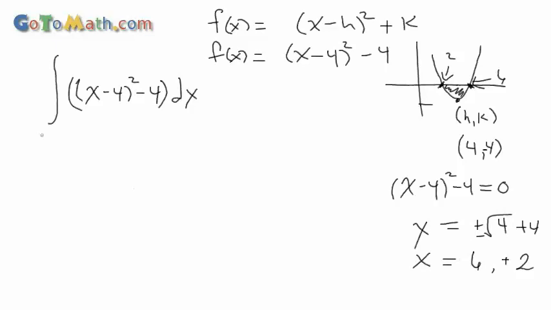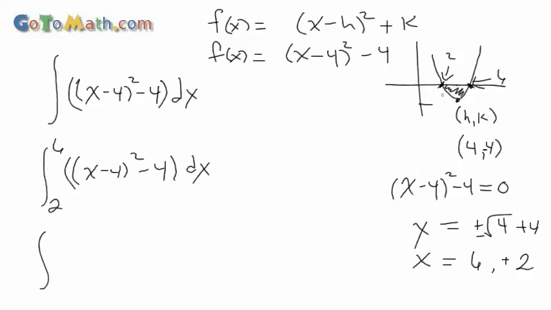All right. So the first thing we're going to do is go from 2 to 6. Going to go from 2 to 6 of x minus 4 quantity squared minus 4 dx, so that's going to be this area, and then you'll want to go from, now remember you need to make it negative, because this is going to be a negative number, so multiply by a negative and you get a positive number. And then we're going to go from 6 to,